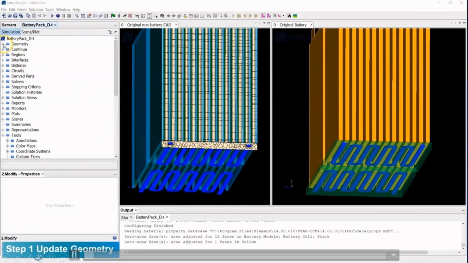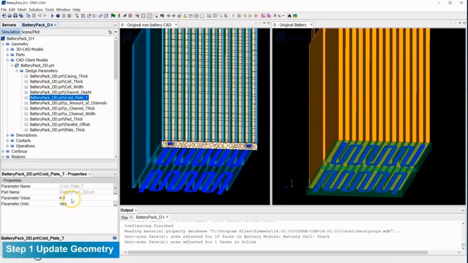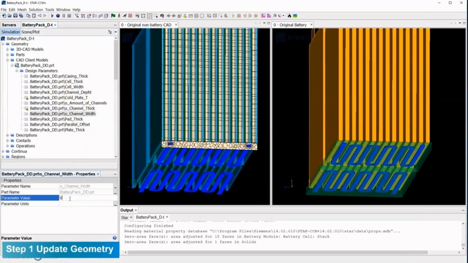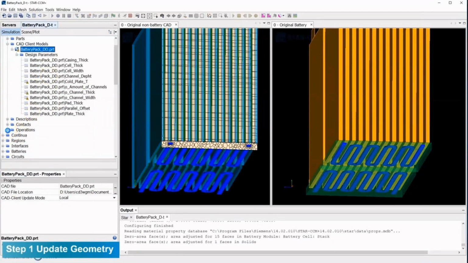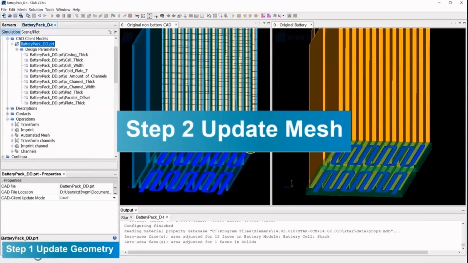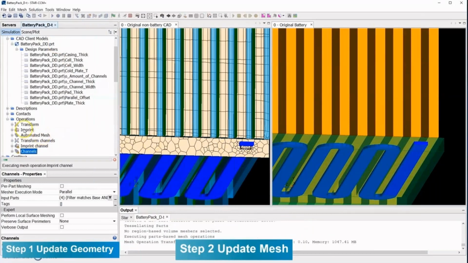What we did is that we took the same geometry that we looked into live. We looked into the battery pack and made changes to the cold plate. One thing that's key to mention is that you can choose any type of parameter within your geometry to drive that change. And these parameters can be not only limited to geometry, but you can also use any operations. There are a bunch of operations that are used to drive this change, but once you've made the geometry changes you're looking for, as you can see, the channel is a bit offset.